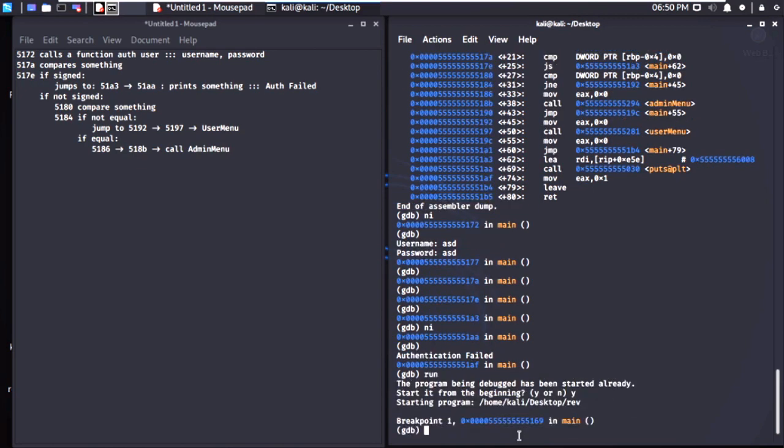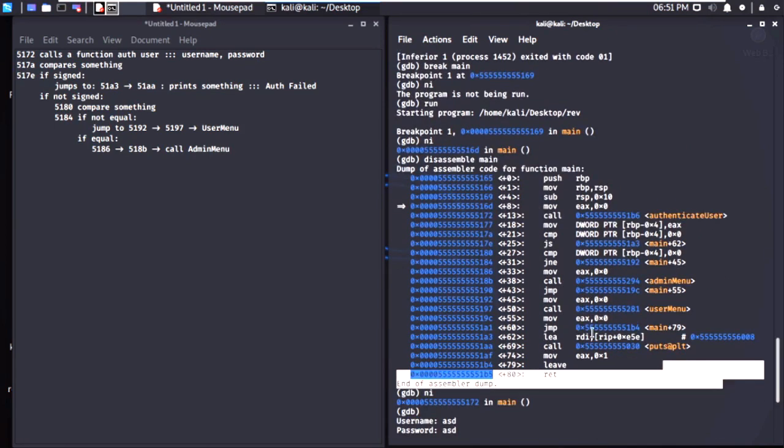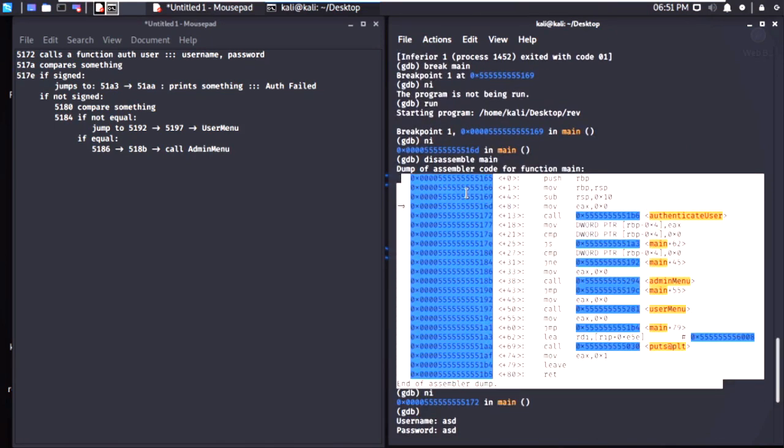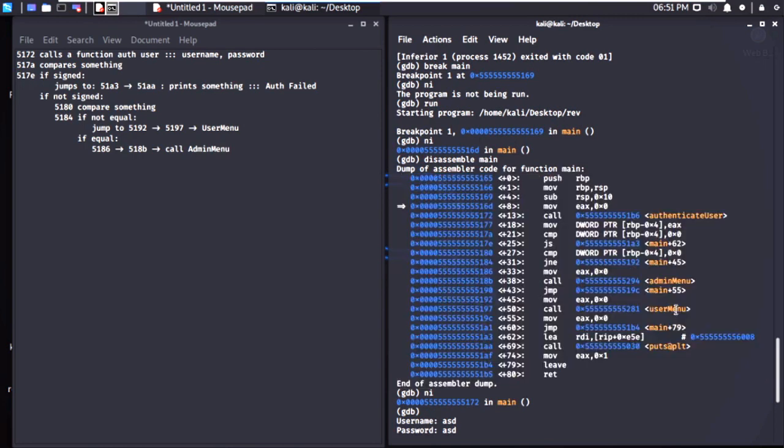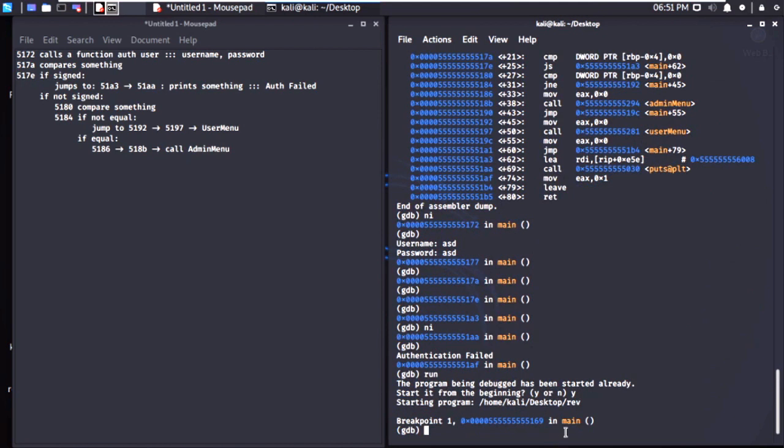I'm starting from the beginning, and this time I check the registers instruction by instruction, again looking at these instructions to see which register is changing on which line, and which registers we actually want to edit or see to bypass the login process. So if I reread the code again, I'm just going to write again